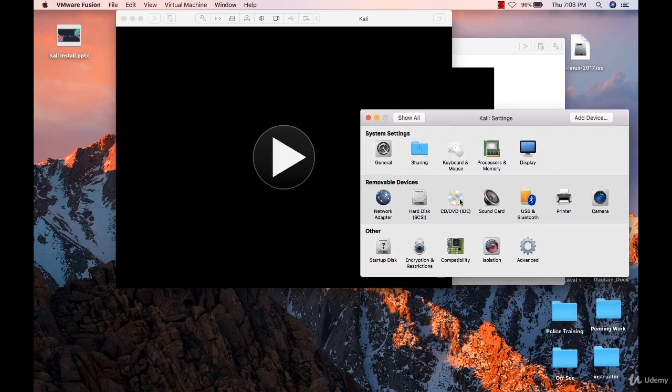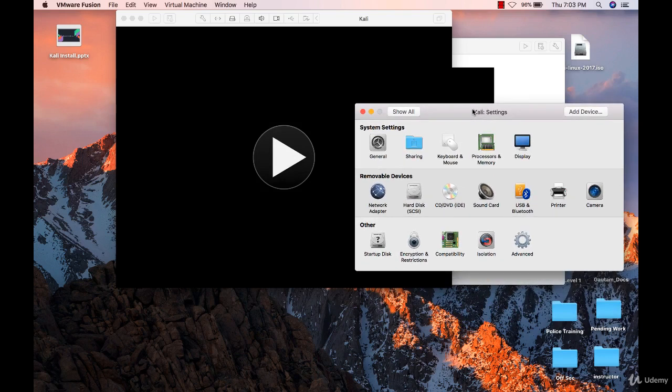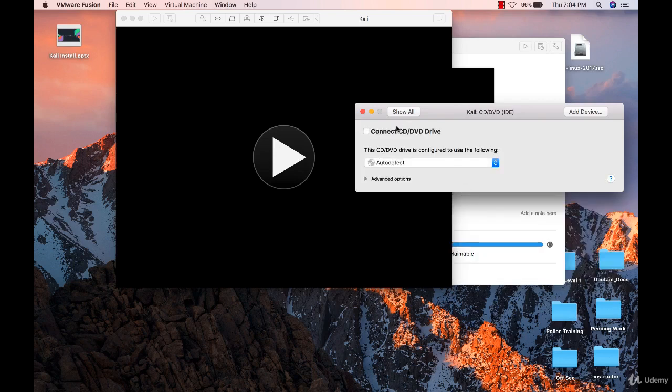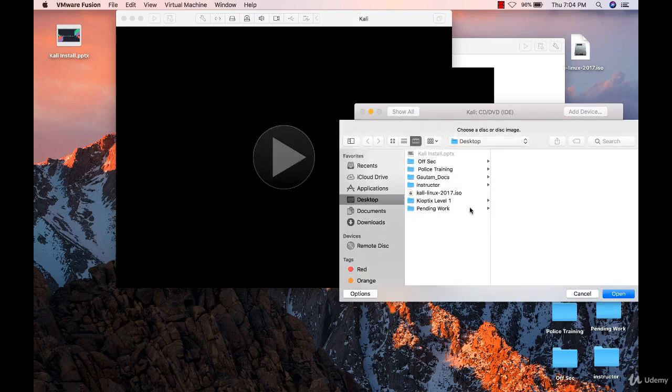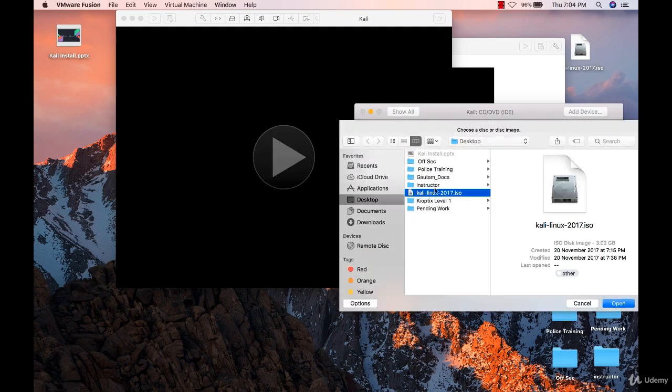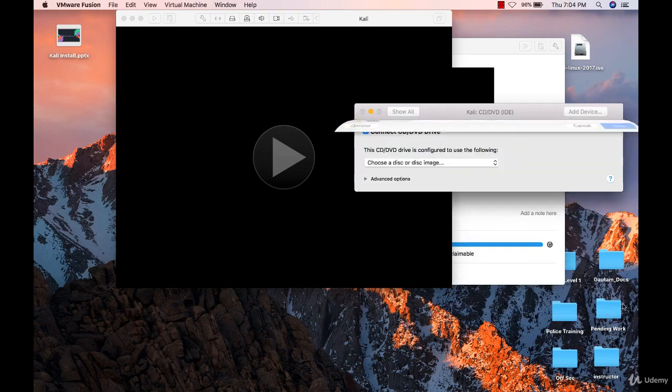First of all, if you are using any type of computer system, how do you do installation? You have to insert a pen drive containing your ISO image or your Windows. So in this, go to CD, click on connect and choose your disk image. You can see I already downloaded it on my desktop, so I am selecting it from the desktop. Click open, again click on show all,